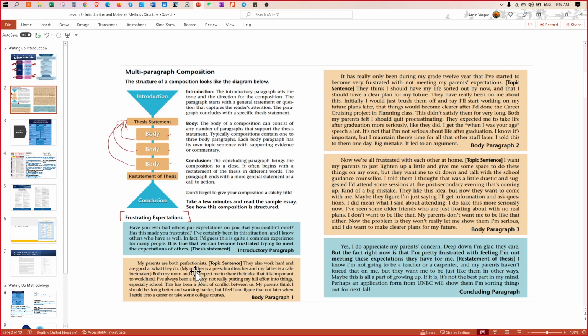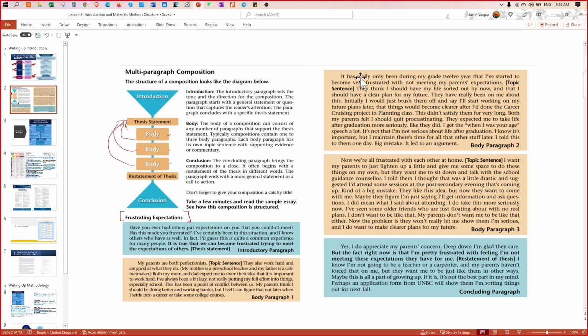But when they are perfectionists, it can be very frustrating, because perfectionists are not very easy to satisfy.